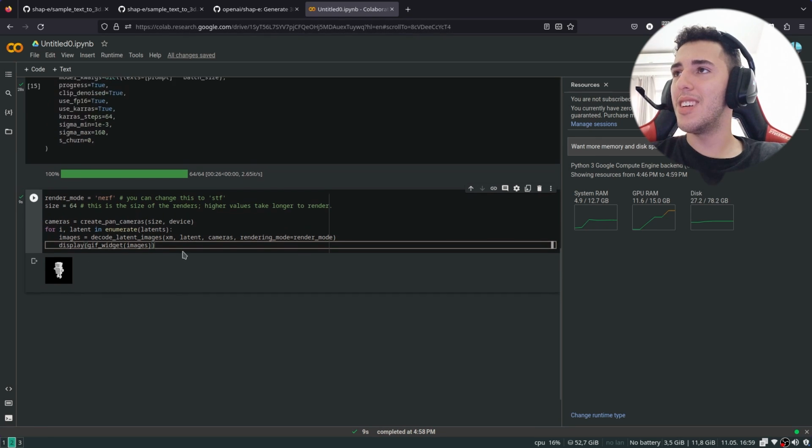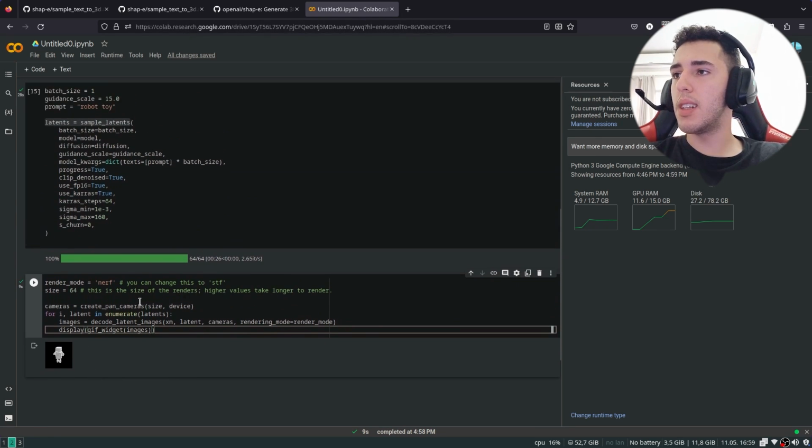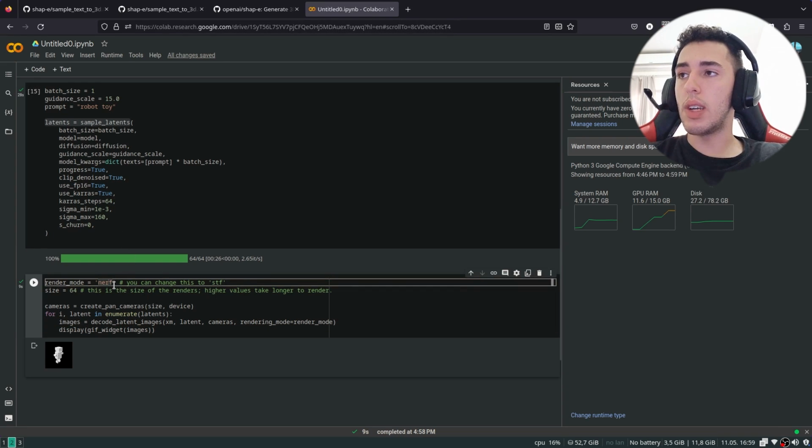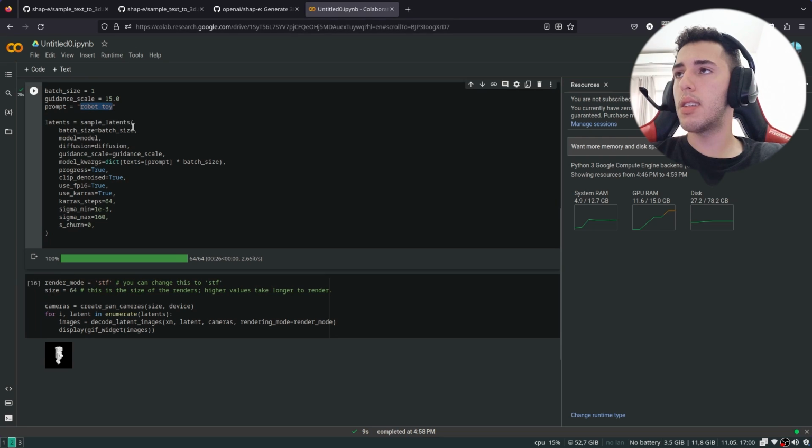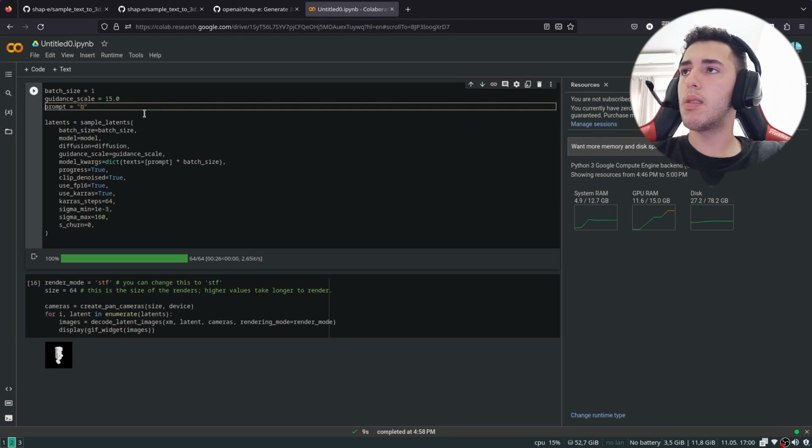It's kind of cute. So it's working pretty fine. Let's try to change the prompt and change the render mode. So let's add STF and let's see. What I want to see is a boat that looks like a banana. Okay.